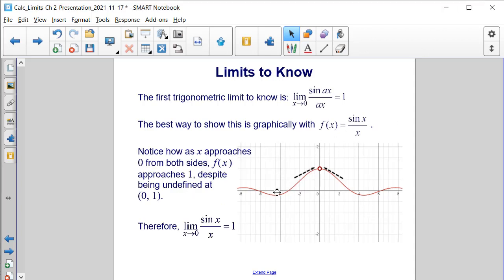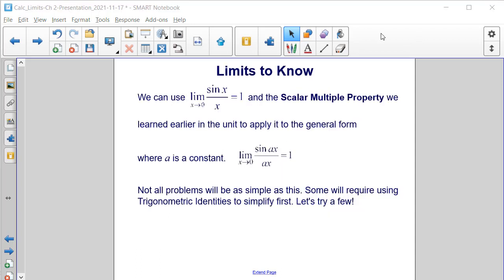Notice how as x approaches 0 from both sides, from the left and from the right, the function approaches a value of 1, despite being undefined at this point, (0, 1). Therefore, the limit of sine of x divided by x as x approaches 0 is equal to 1. We can use the limit of sine of x divided by x as x approaches 0 is equal to 1